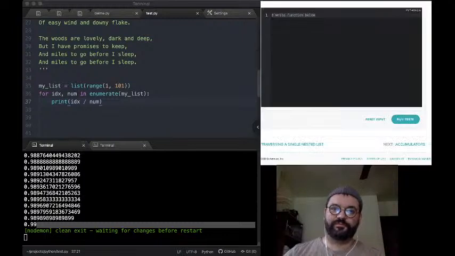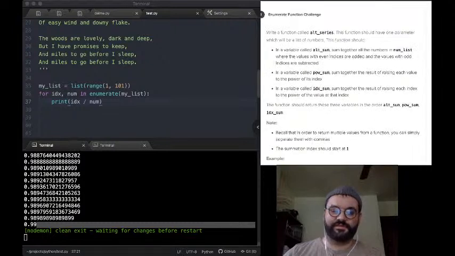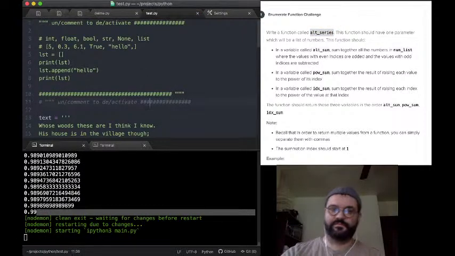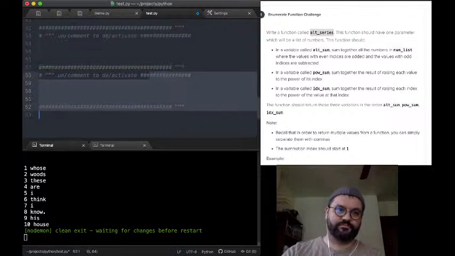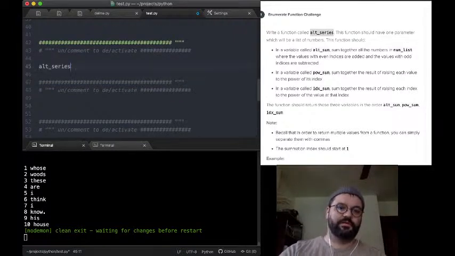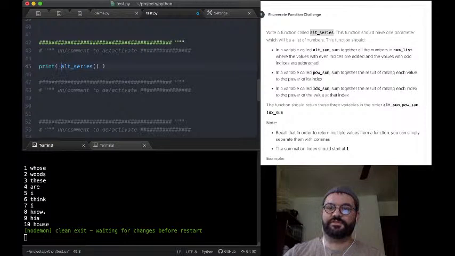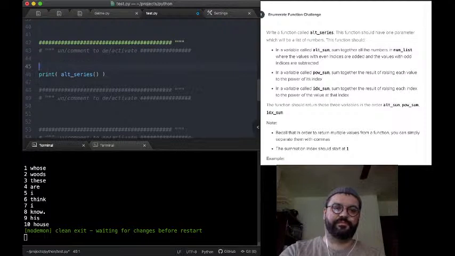All right, one more. Enumerate function. Write a function called altseries. This function should have one parameter, which will be a list of numbers. So the parameter will be a numbers list. So let's do num list equals, I'll just do this, ls. List equals,